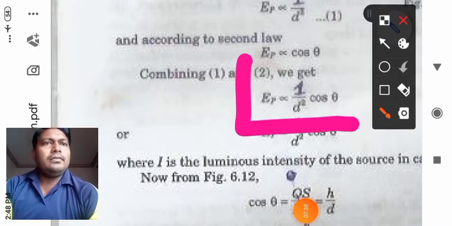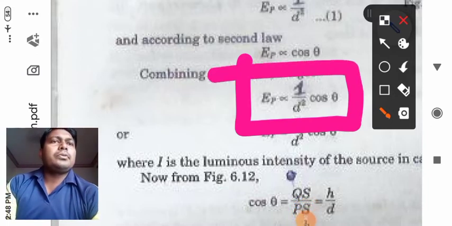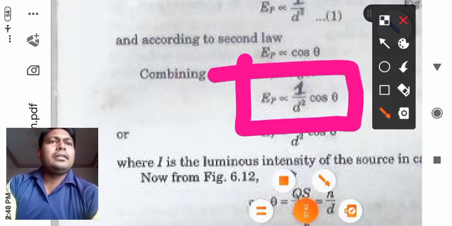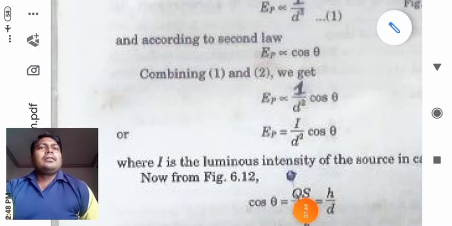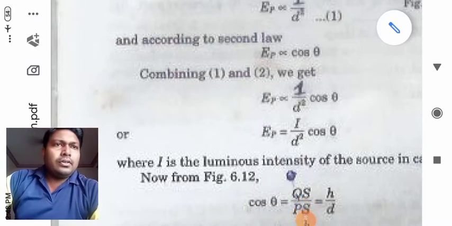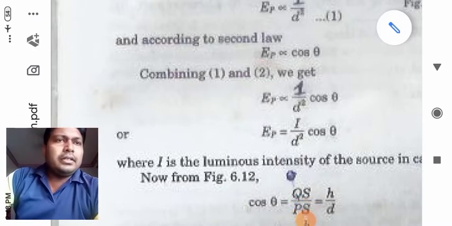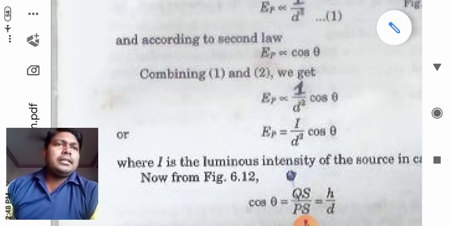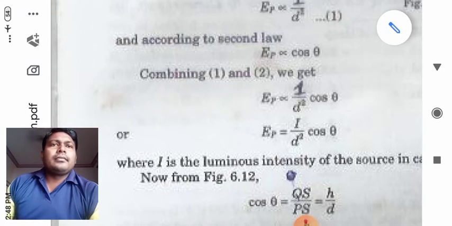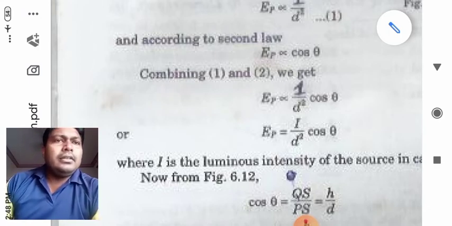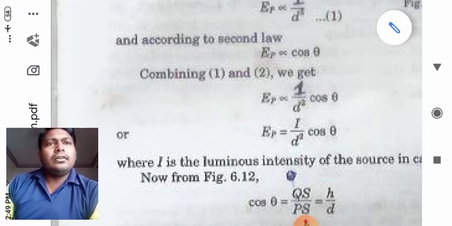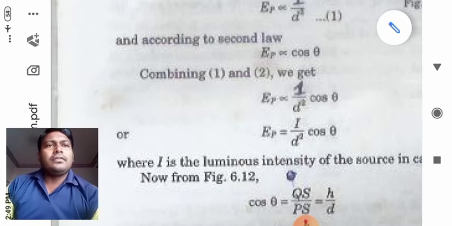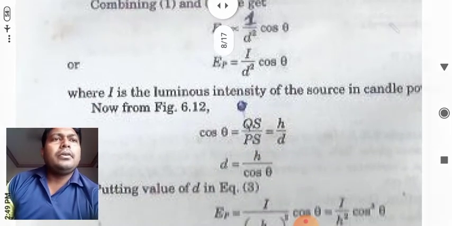So this is the formula. Ep is proportional to I divided by d square cos theta. Now if we remove this constant, proportionality will be eliminated. So Ep can be written as I divided by d square cos theta, where I is the luminous intensity of the surface in candle power,